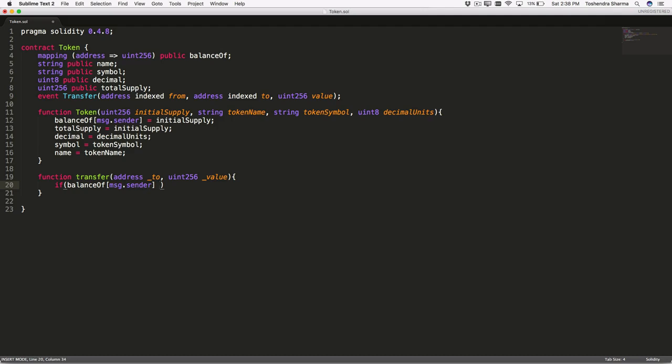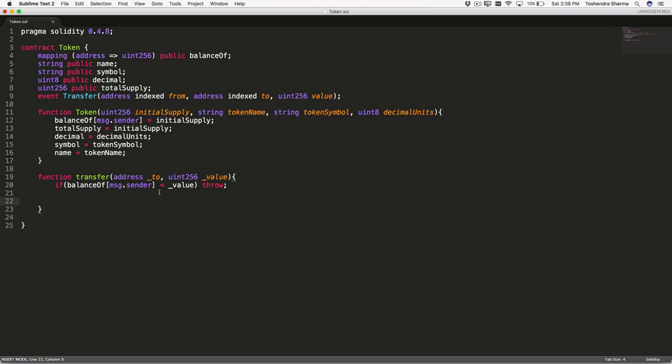If the balance of msg.sender is less than the value, it means there is a problem, and we need to execute the throw. The throw will create an exception here and revert the execution of the function up to that point. Suppose you have executed some transfers and other variable updates before the throw. The moment the throw gets executed, all the lines above it will be reverted automatically. Since this is the first line, we don't have to worry about it.